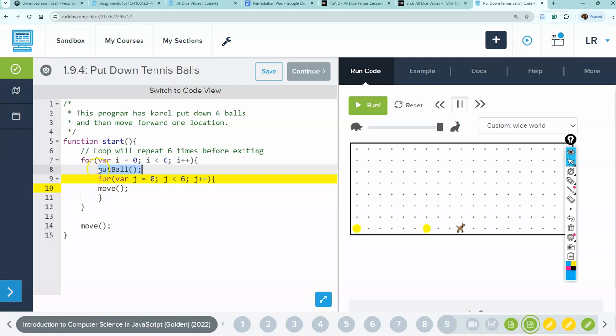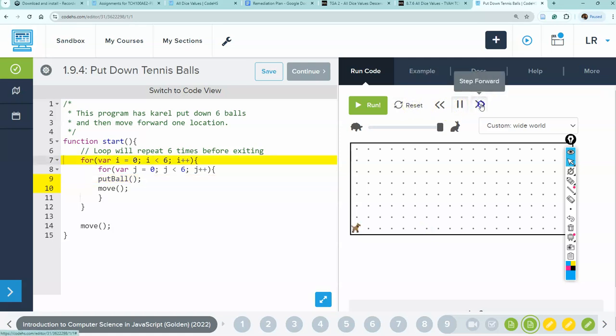So to simulate that, I'm going to get rid of the put ball there and we're going to do both dice, both moves together. So we're going to put ball here, and then now both things are going to happen together. So that's how we're going to simulate that. So this happens, so then we're going to put ball and move, put ball and move, put ball and move,